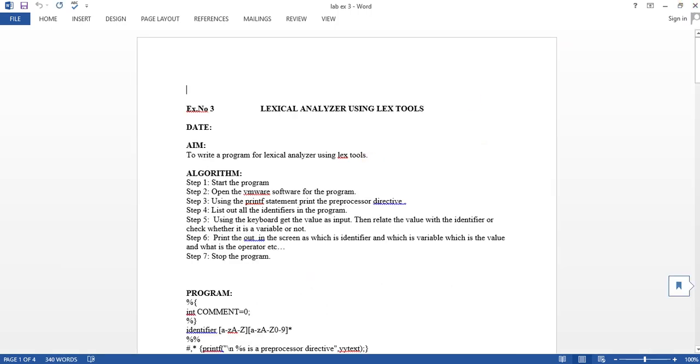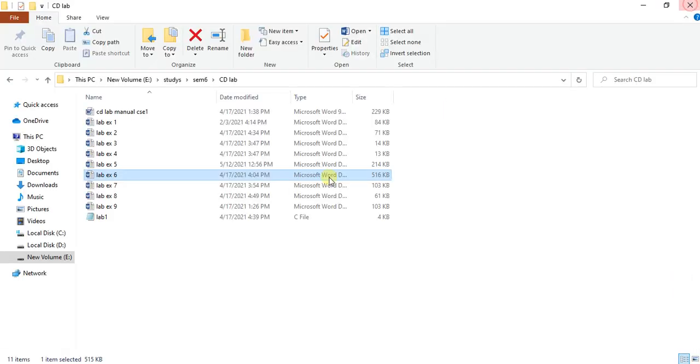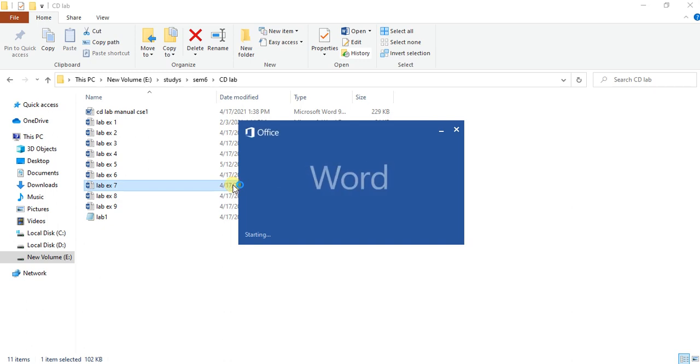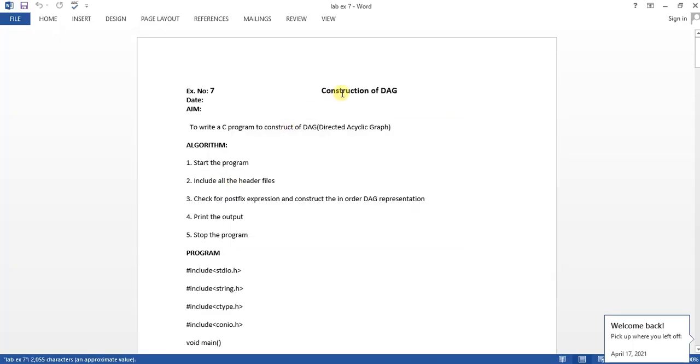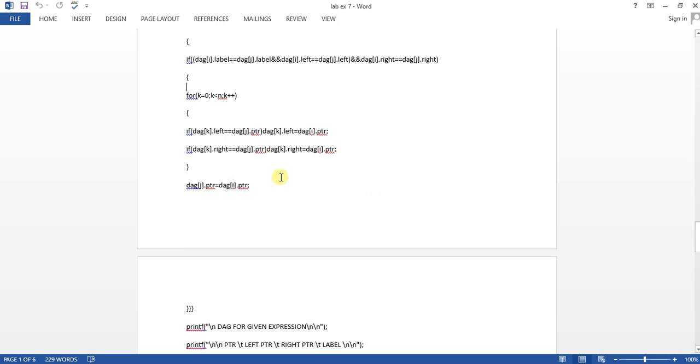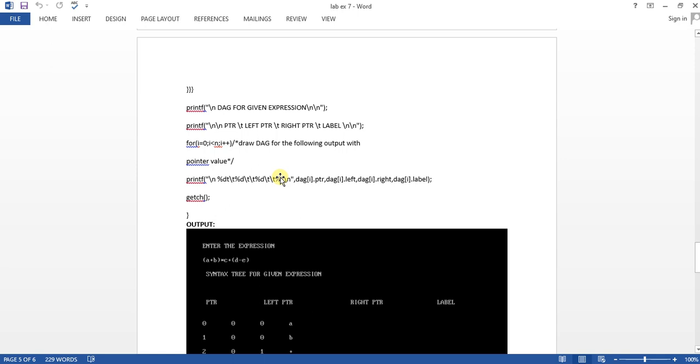Okay, let's see the 7th experiment: construction of DAG. In this experiment, let's see the program. First it asks for the expression. We just give any expression we want.